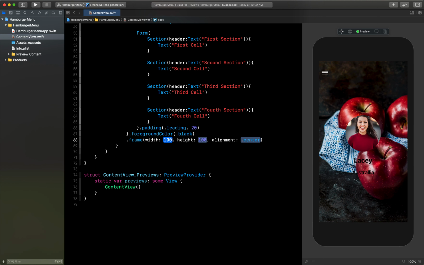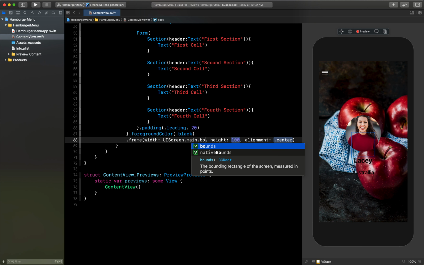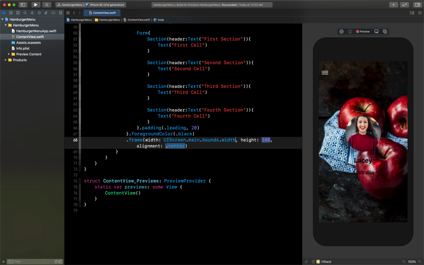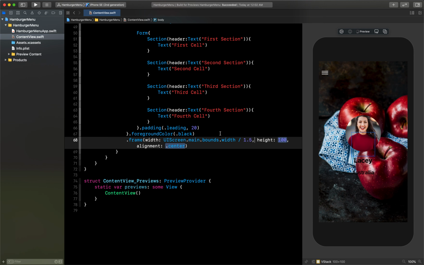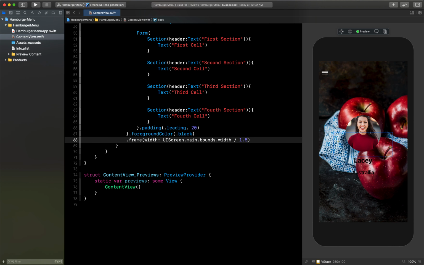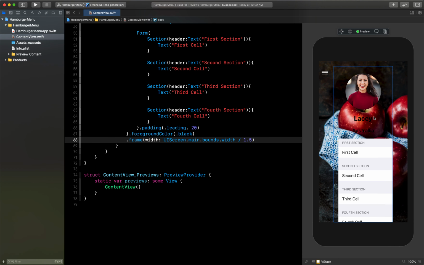For width I will say UIScreen.main.bounds.width should be 1.5 times of the main screen. So for that you can see it is this much. And for height I will just remove this so that it will take the default height, so that will just go beyond full length. So now you can see our side menu is almost ready.